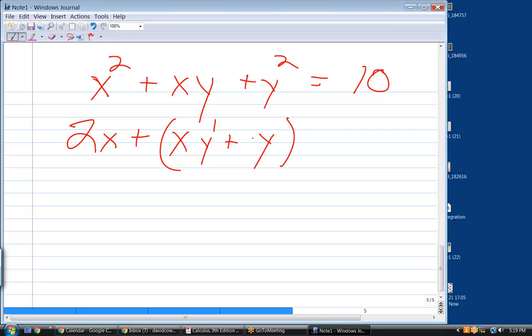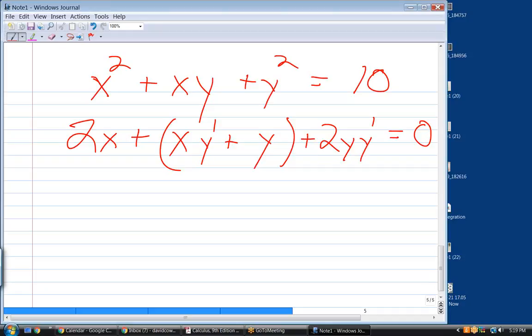Okay, so the second term is actually 1 times y. You only follow it with a y prime if you're taking the derivative of the y. And then finally, plus 2y times y prime. You don't want to get in the habit of calling that y1. Now, we're trying to solve for y